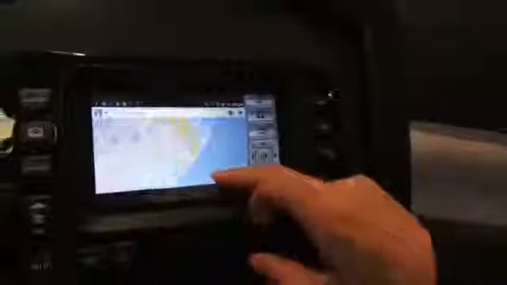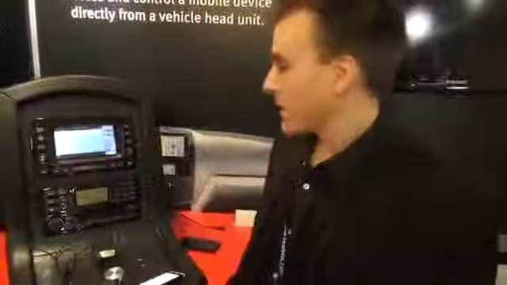And we're going to go straight into the Google Maps application. You can see we've got full control of Google Maps, just as if we were using it in our hand, controlling it entirely from the car here, but you're getting access to all the same features. Now this will work for any application on the phone. So you can get through to Google Navigation, any other sat-nav or navigation app that you want, internet radio apps